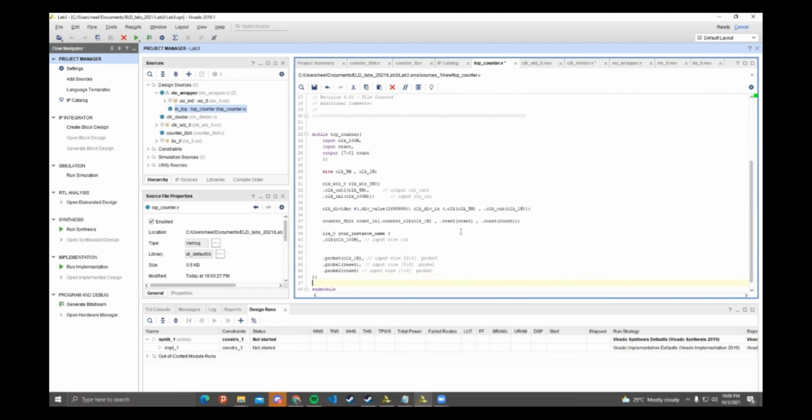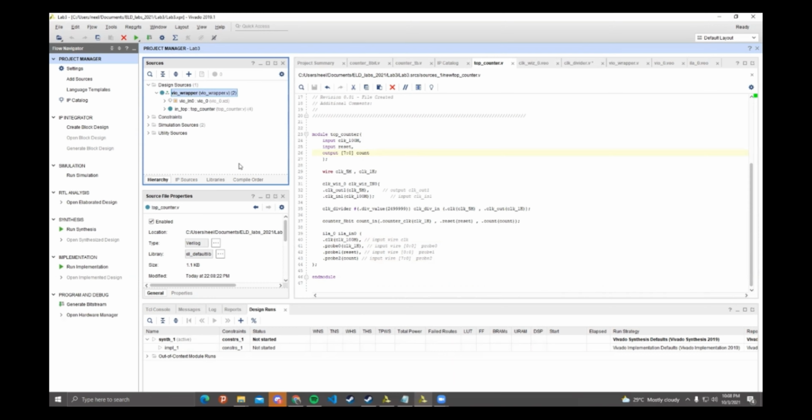Now that we have instantiated the ILA as well, let me just write the name. ila_0. This is the name of the instantiation. Now that this part is done, we just need to generate the bitstream.